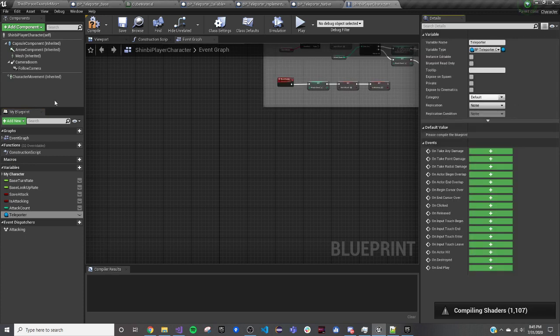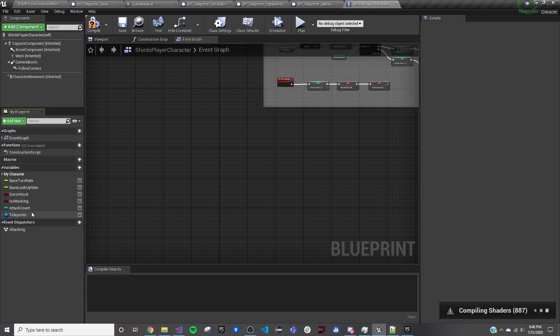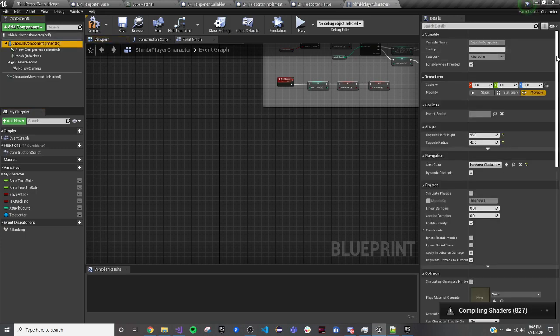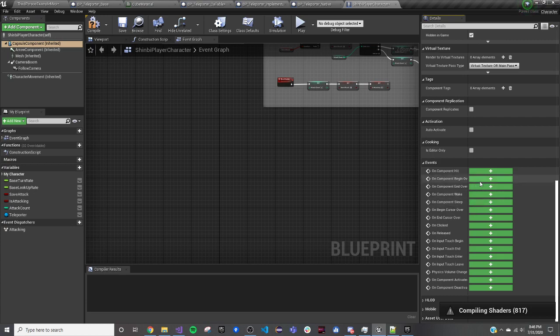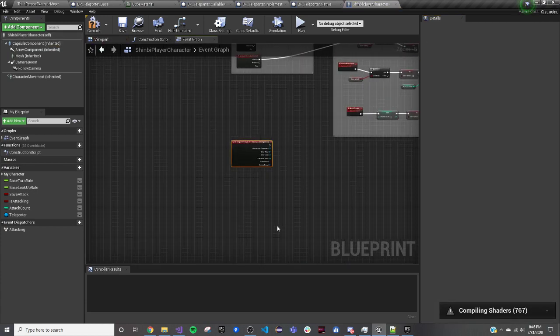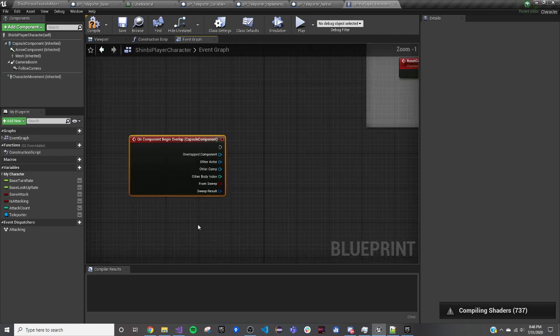object reference, and we're going to do is teleporting. No, we're not. We don't need that. We just need a teleporter. We just need a teleporter reference. And so we're going to come up here. We're just going to use the capsule component. On component begin overlap,